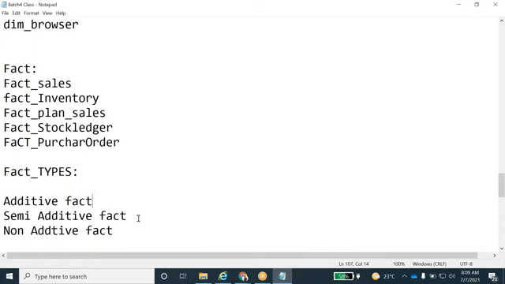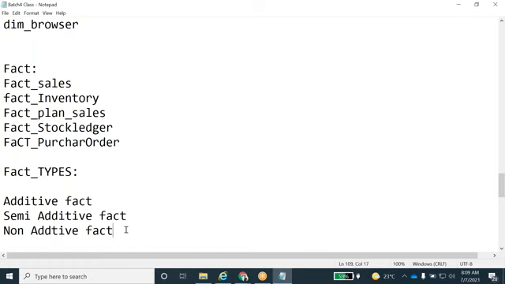Okay, semi-additive means we can sum by using a few of the dimension keys, but not others. Those kinds of facts we call semi-additive facts. Example, inventory or current balance. These kinds of measures. Okay, non-additive means we can't sum across any of the dimension keys for that particular fact.